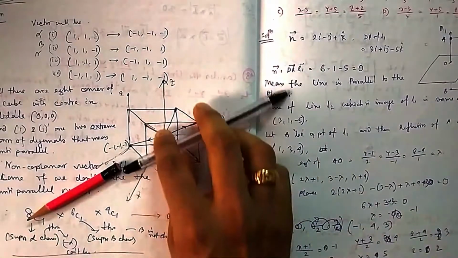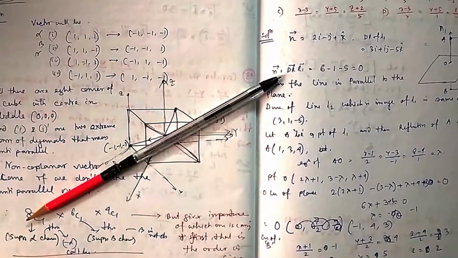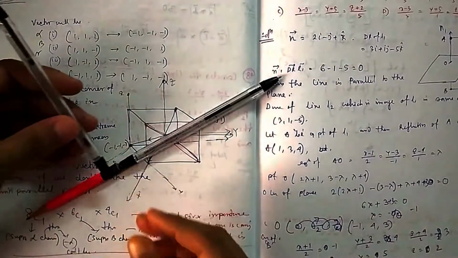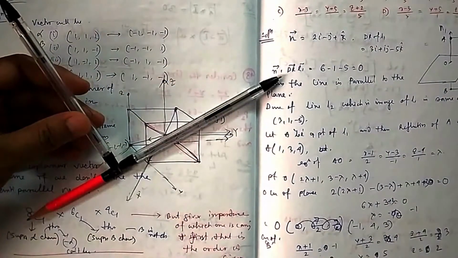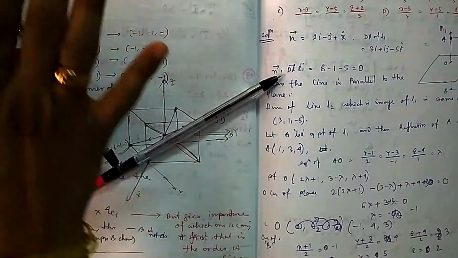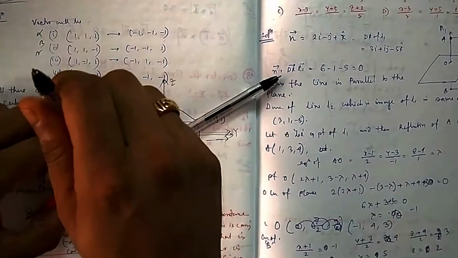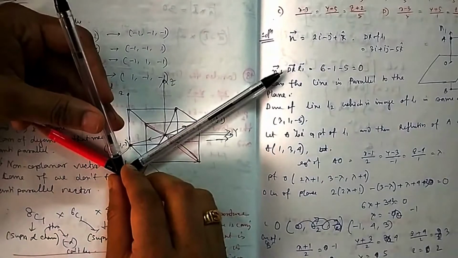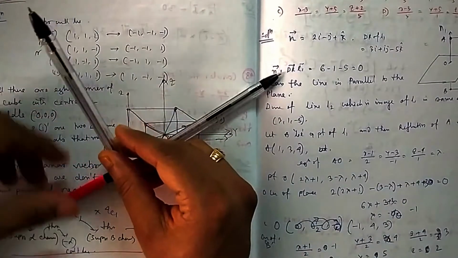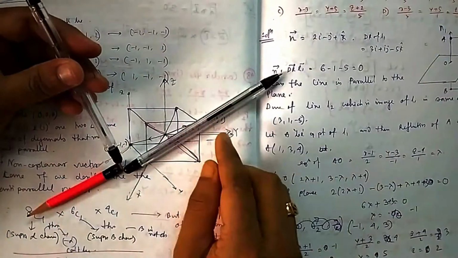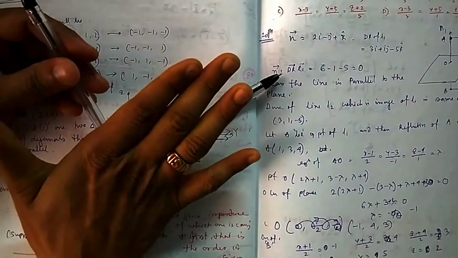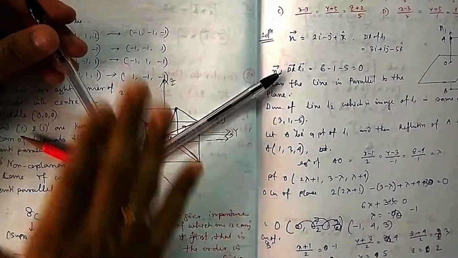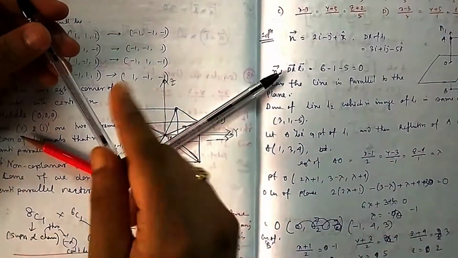So for non-coplanar vectors, you cannot select these 2 vectors. If you select this, you cannot select this, because if you select these 2 and then a third vector, any vector you say, you can put them in a plane. You can put them in a sheet. But if you do this one, then you cannot put it in a sheet; you can see now they are not in the same plane. But if it is anti-parallel, then you can put it in a sheet, because it is the same line only. So that can be put in a plane. But if you change it a little bit, you cannot put it in a plane now. So they are coplanar, non-coplanar. So you are asking for non-coplanar.